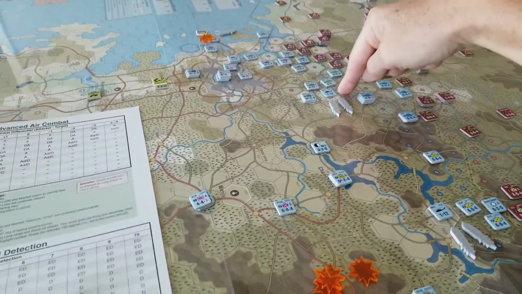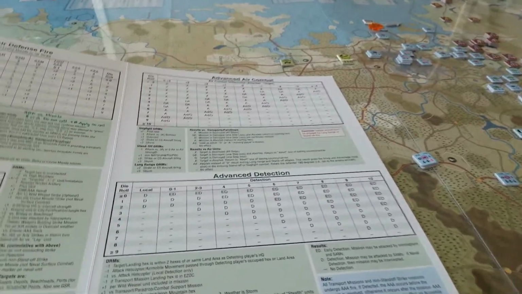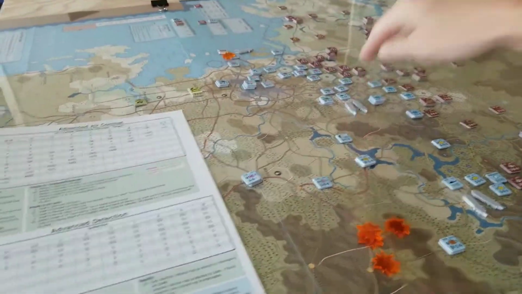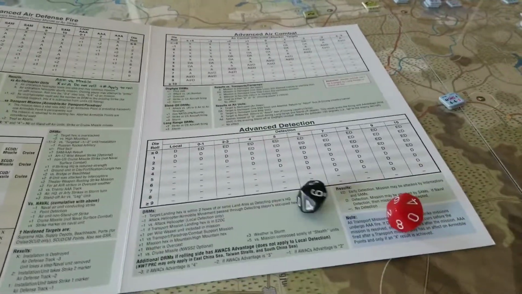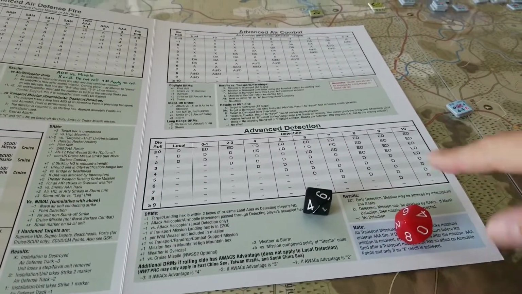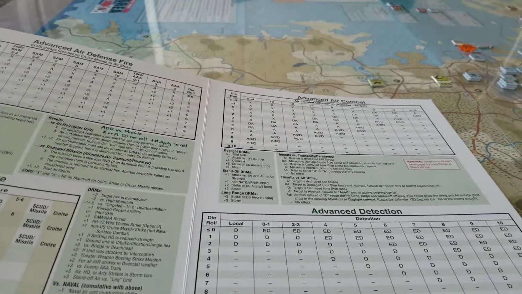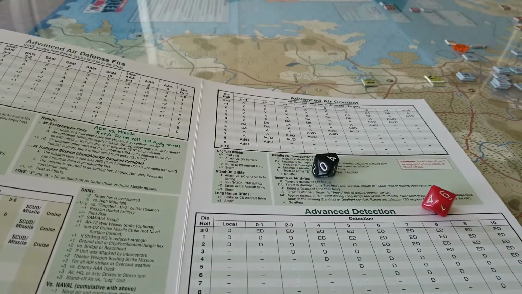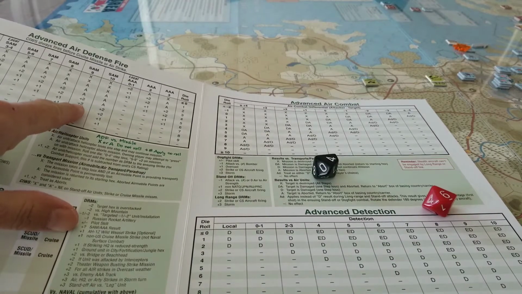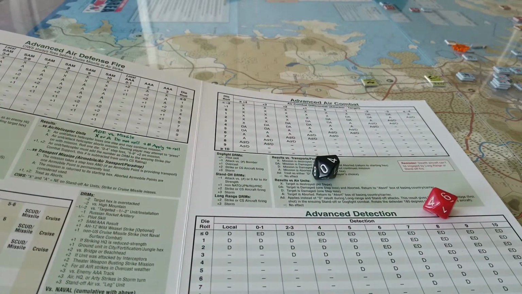Now we'll go here. Same thing on the 8. Actually, we're going to use the THAAD now because Patriots can't reach that. So let's go ahead and 9 detection. Both of those are detected. Now we will go on the SAM track, which is a 9. 6 and 4. 6 is a +2 and a 4, so we got one of them. And the other one,